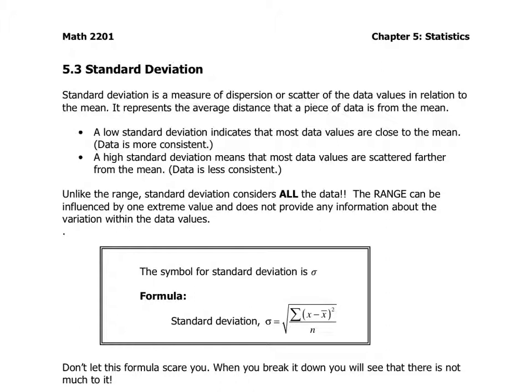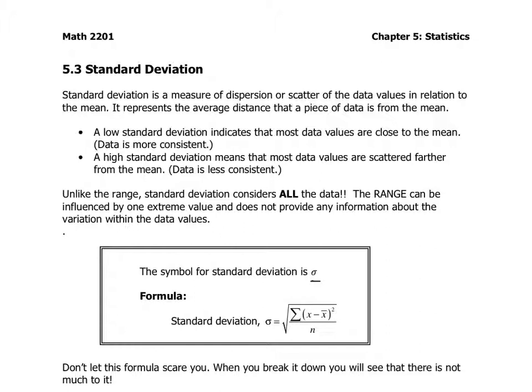And a higher standard deviation means that most data values are scattered further from the mean, and that usually means that the data is less consistent. Unlike the range, the standard deviation considers all the data. Range can be influenced by one extreme value and does not provide information about the variation within the data values like standard deviation does. The symbol for standard deviation is this symbol right here, and the formula is this